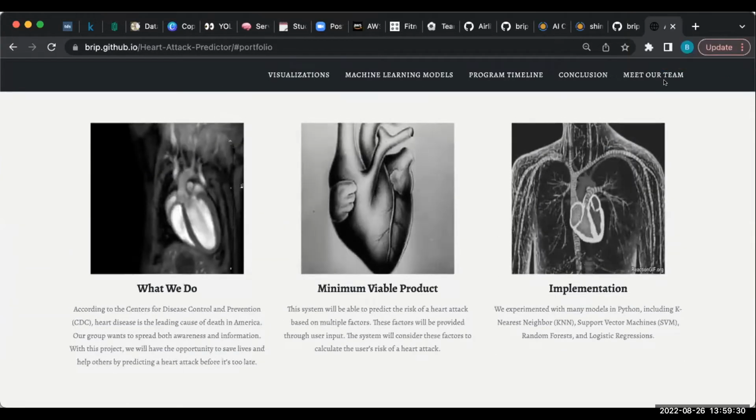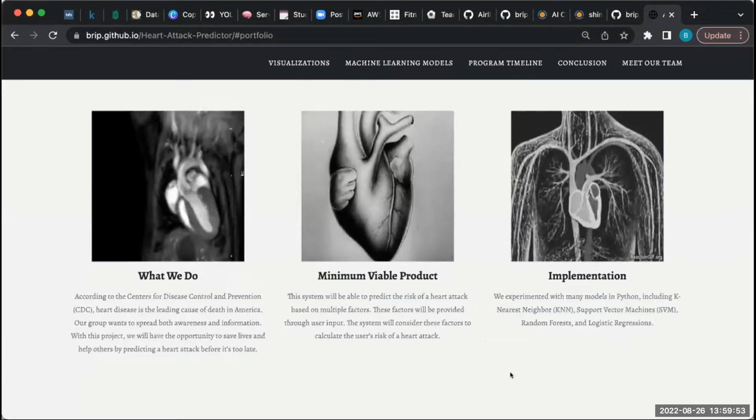According to the Centers for Disease Control and Prevention, heart disease is the leading cause of death in America. Our group wants to spread both awareness and information. With this project, we will have the opportunity to save lives and help others by predicting a heart attack before it's too late. This system is able to predict the risk of a heart attack based on multiple input factors